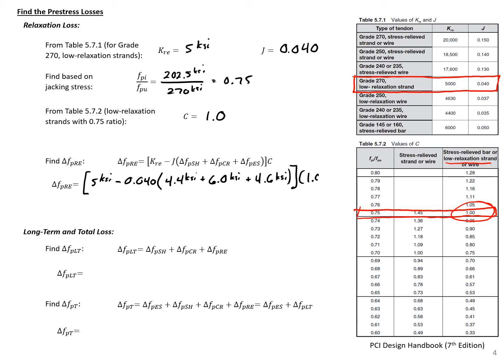And all this is times 1.0 for our C factor. And this will give us a pre-stress loss due to strand relaxation equal to 4.4